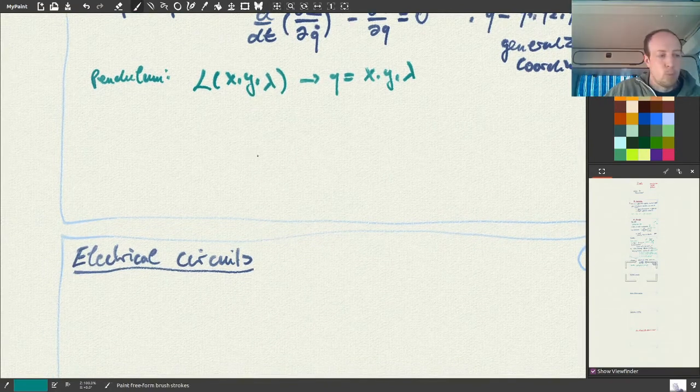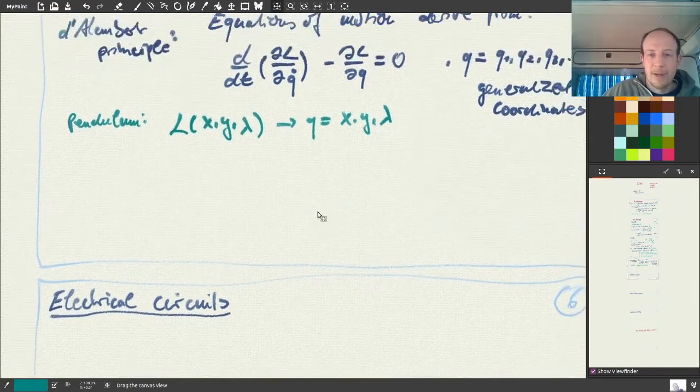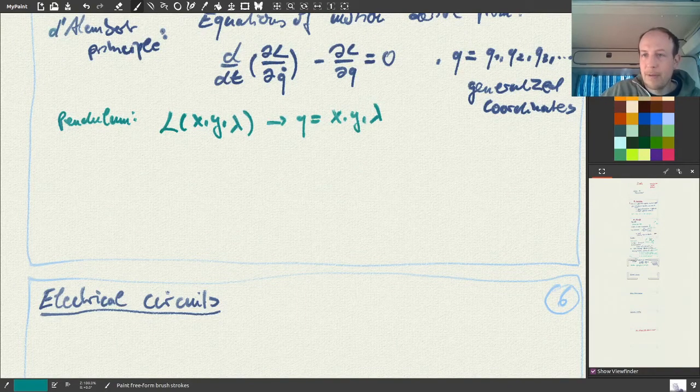I see there's an error in the script. I will fix this as soon as possible. But with this principle, one will end up at